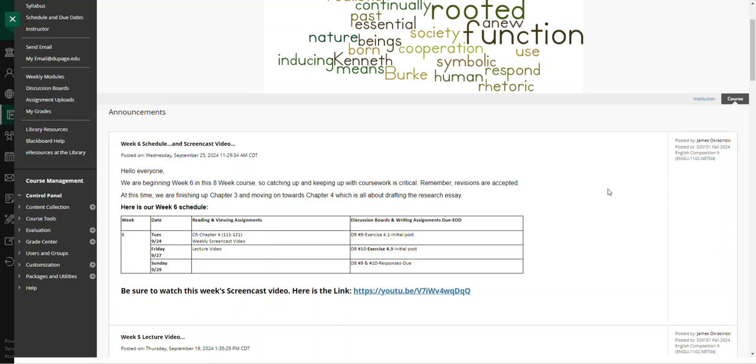So, as we move into the drafting of the research essay, I believe that assignment is due for next week. Chapter 4 is an important chapter in the textbook. It is designed to help you write that research essay. It's a very good read. I suggest you spend some time in chapter 4 looking over all the different sections and topics. We'll cover as many of them as we can in the next maybe week and a half or so.